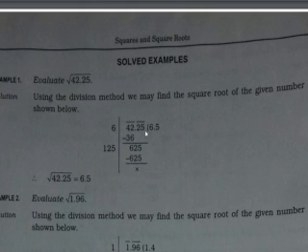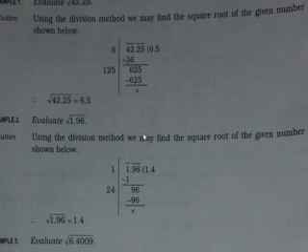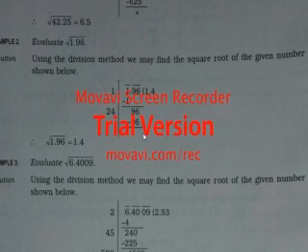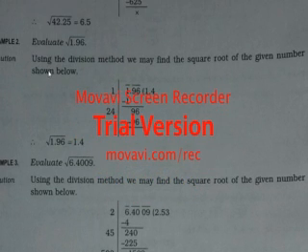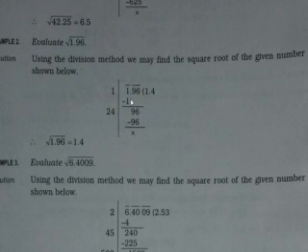That's all. So if you will see example 2, here it is root under 1.96. So how to find? Same way, before the point there will be one pair. You can see there was only one digit, so it forms a single digit pair, and after the point there will be another pair. I had said that before the point and after the point numbers will never combine. That you have to keep in the brain.